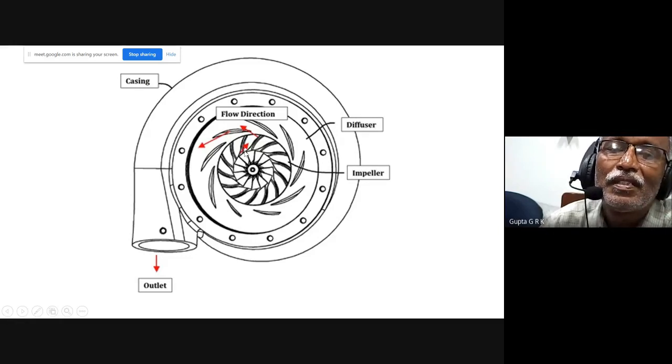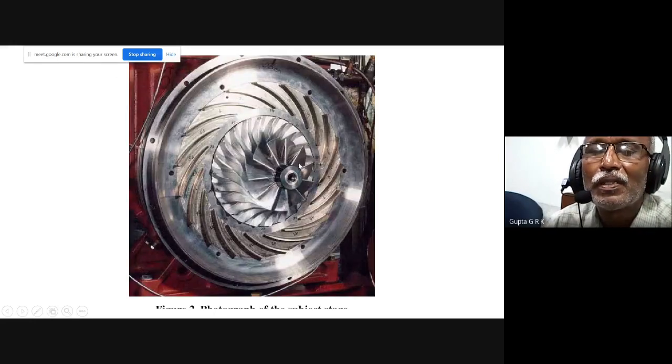Like this. And this is volute casing. Whatever air enters at the center first flows through inducer and then the impeller, and it comes out and goes to the diffuser, and then it goes to the volute, like this. And if I see the practical thing, the real one, this is the impeller which rotates. This part is called the inducer, and inlet, that is eye of the impeller. This is called the eye of the impeller, which includes inducer.